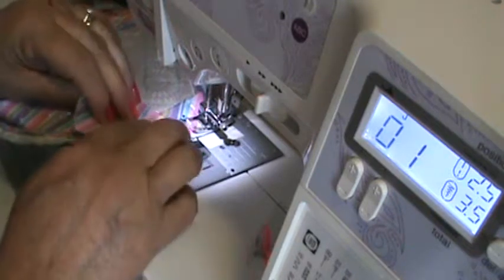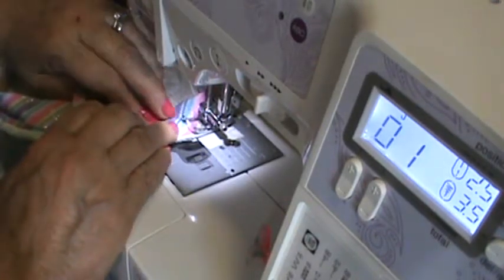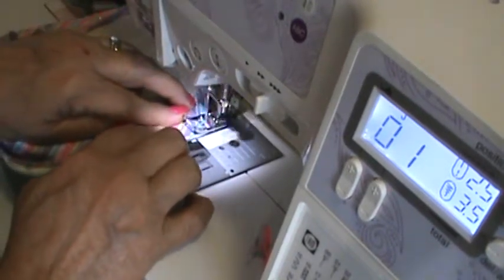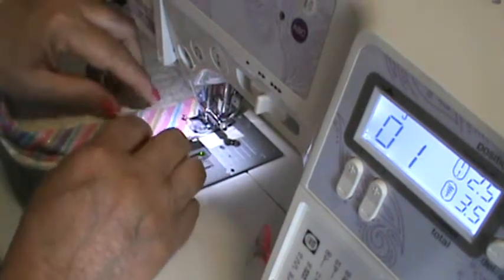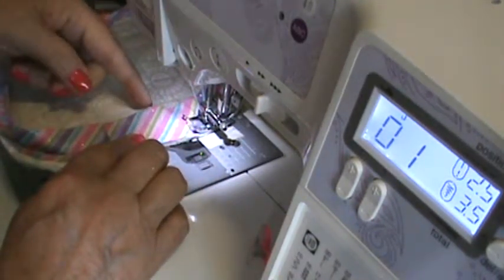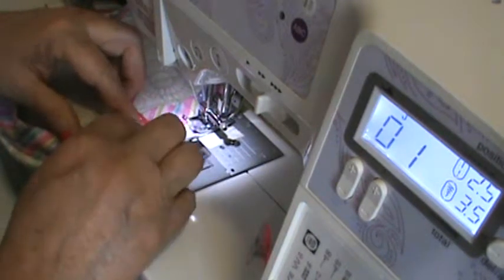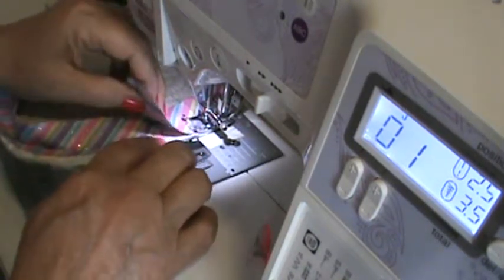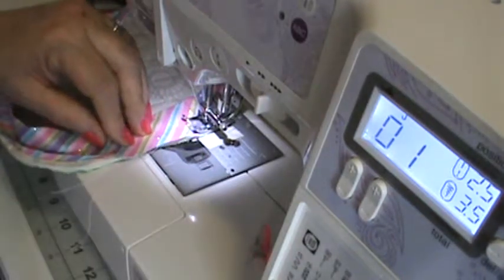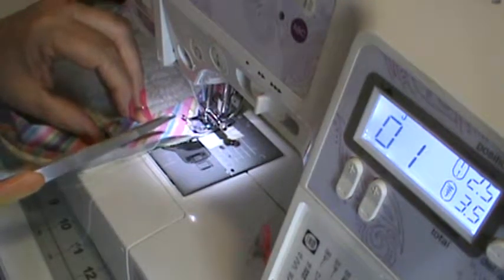Now there's another situation here that I'll show you in just a second. That will require a little bit of trimming. Okay, there we have that. Now, for some reason, if you do this exactly straight with this original one, it'll be longer. It has to do with the fold and the thickness of the fabric and stuff like that. So what you want to do is, starting about right there, you want to let this fall a little straighter, and I trim off the fabric so that I have a straight edge to follow. But you want to let it,